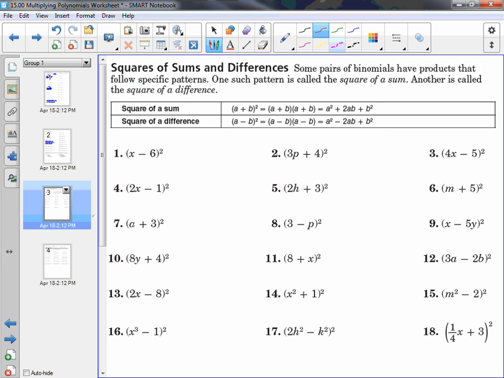So, number one, if I'm fitting this formula, it would be the second one because there's a minus sign between the two terms. A would be x, B would be 6, wouldn't it? But I don't really memorize it as A and B. I remember it as first term, second term. So whenever you square a binomial, it's the first term squared, x squared, since it's a minus between the two terms, minus, hang on,